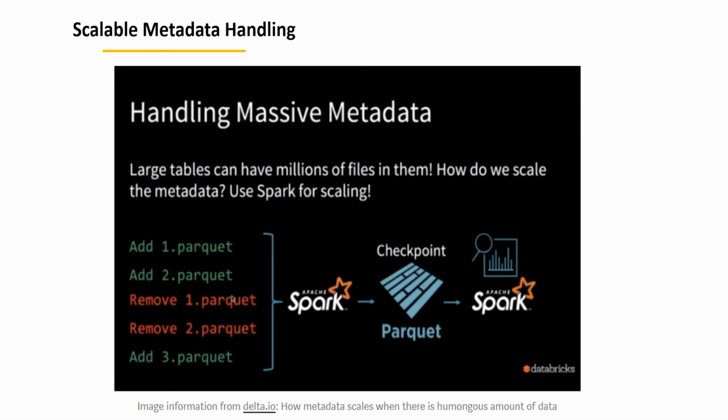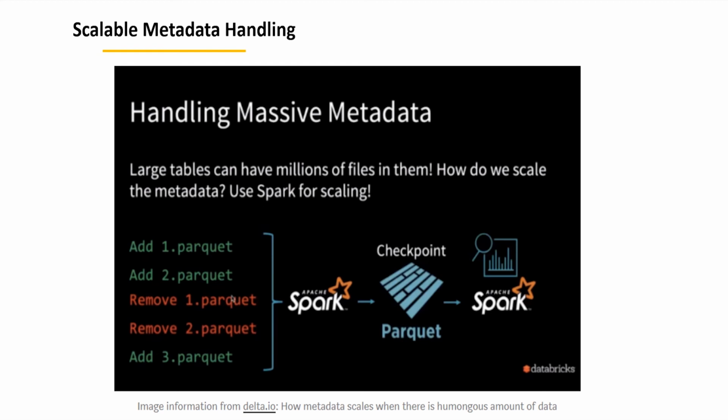Assume that up to this point we have two delta log files, and I'm giving an example that there may be 2000 JSON files also possible. So what happens when you read from Spark? It needs to first read the log files instead of reading your actual data, because log files give you information about what data you need to read, because there may be much information you don't need to read. This is how data skipping works. But with millions of data, reading your log files itself becomes a time-taking process.